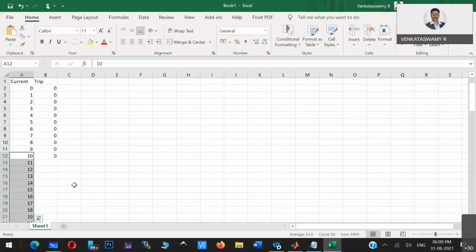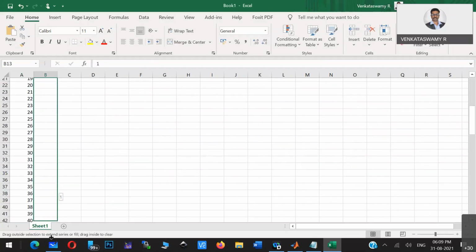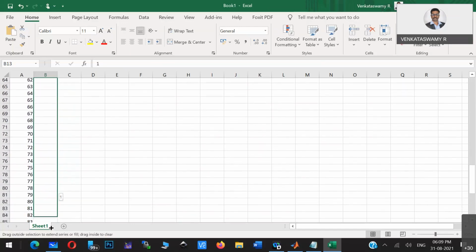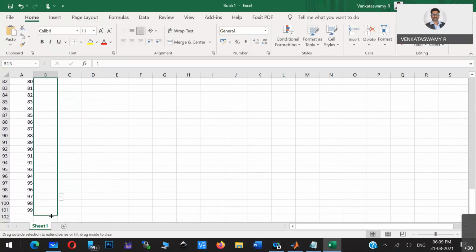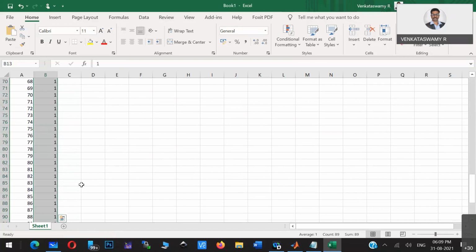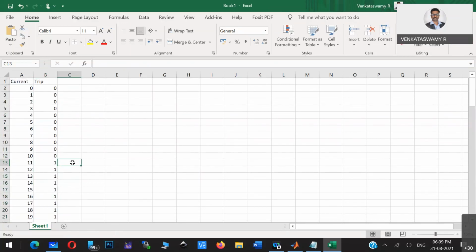Here the trip signal is 1. This data looks like some two-column data, but for me it is an MCB, a 10 amps MCB. So I have this 10 amps MCB data. Now I think I know my model.